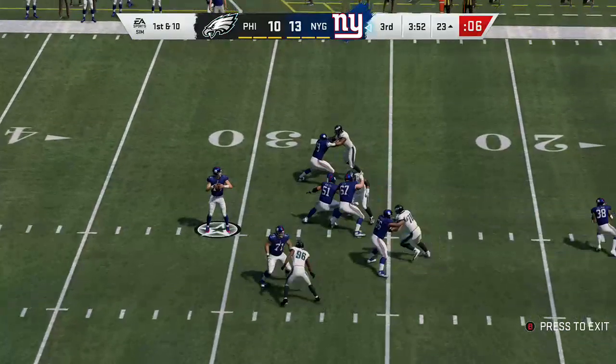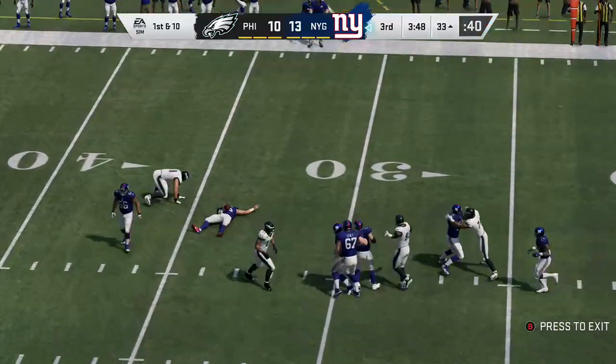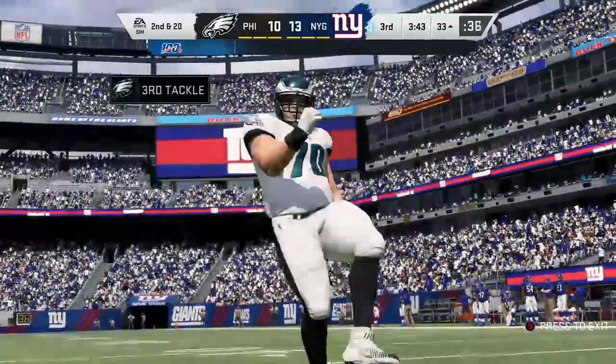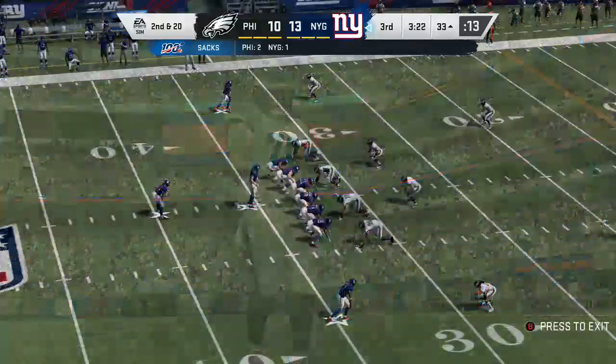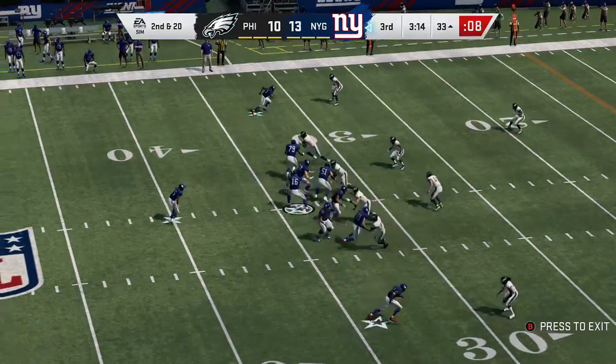On first down, Bishop. And he's going to go down here, a sack. They push him back to the 34. So 2nd and long, and got to be careful not to fall out of field goal range. I can't believe they even...